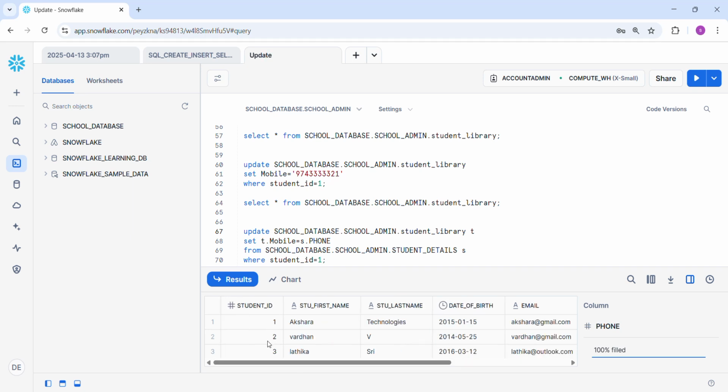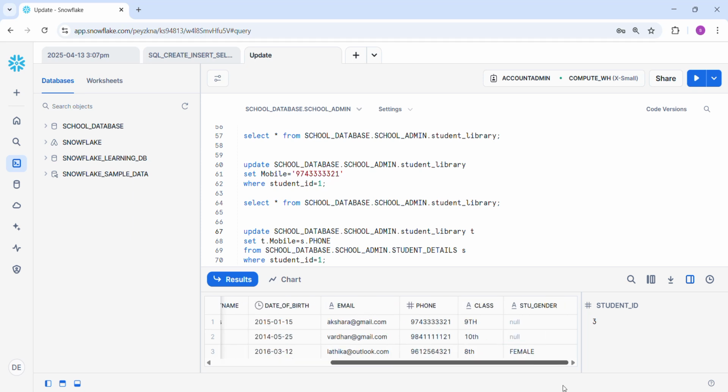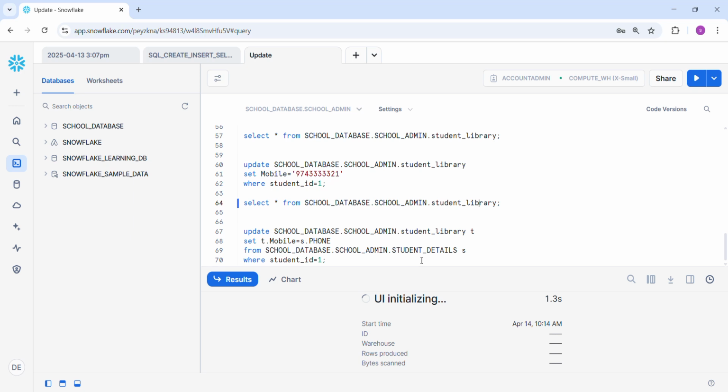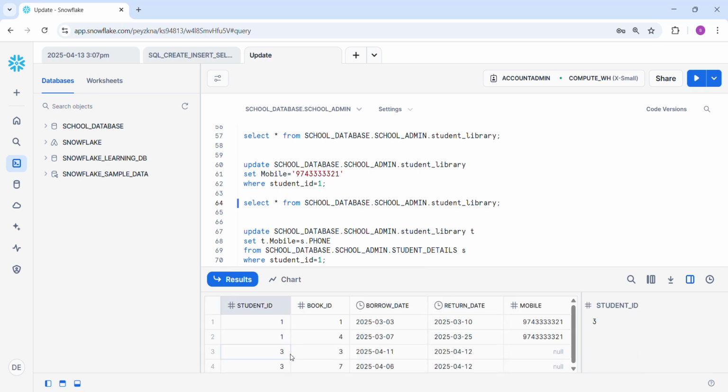Now check student ID 3. This value, 961256432, only should update to these two records, right? I cannot update other students' mobile numbers, only this student ID 3. Then what can I do? Here both are student IDs. Whenever these two columns match,